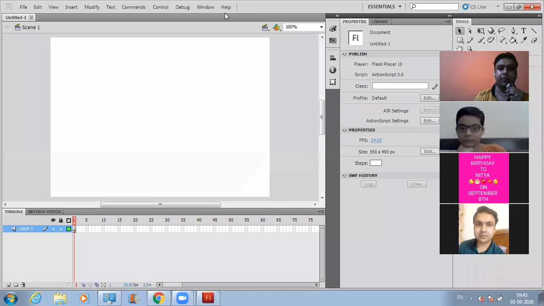So this is the environment. This is the kind of environment that you will get to see. And here, you will see the name of the script that we are using. Okay, and what is the name of the Flash player that we are using? It is Flash Player 10. So by default, for ActionScript 3.0 in Flash Professional CS5, the player that we have got is Flash Player 10. Fine. So we are working on this environment at present, the configuration of which is Flash Player 10 and script is ActionScript 3.0. That's what you have to remember. Okay.